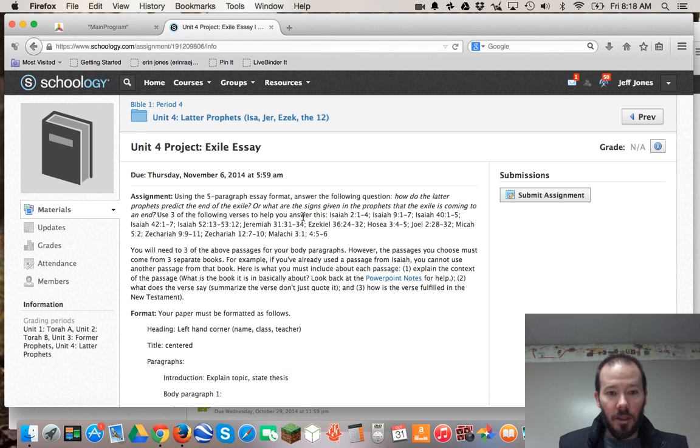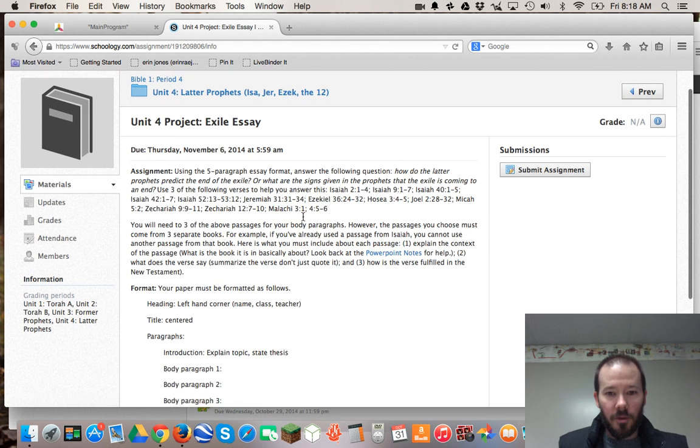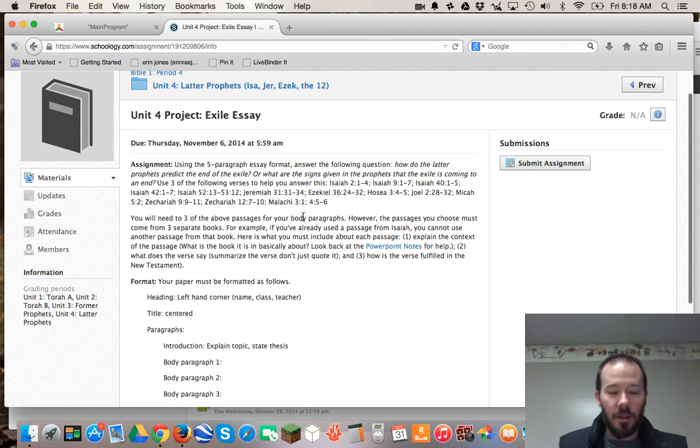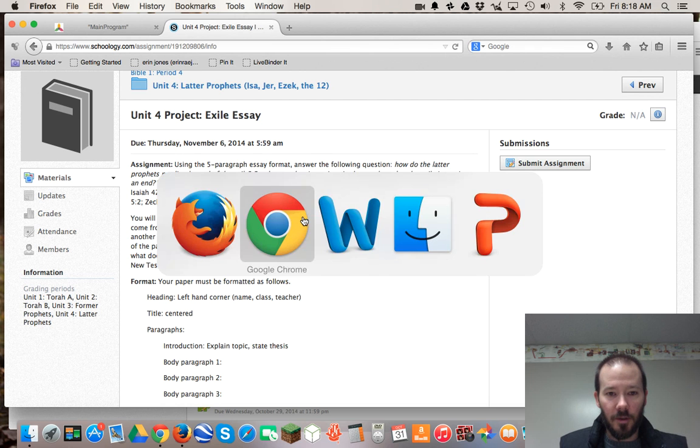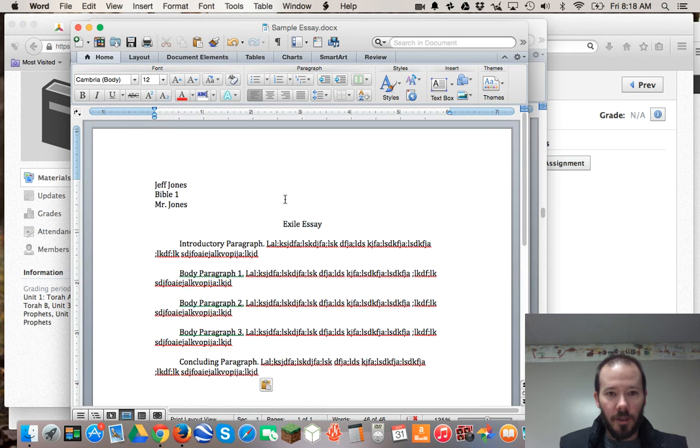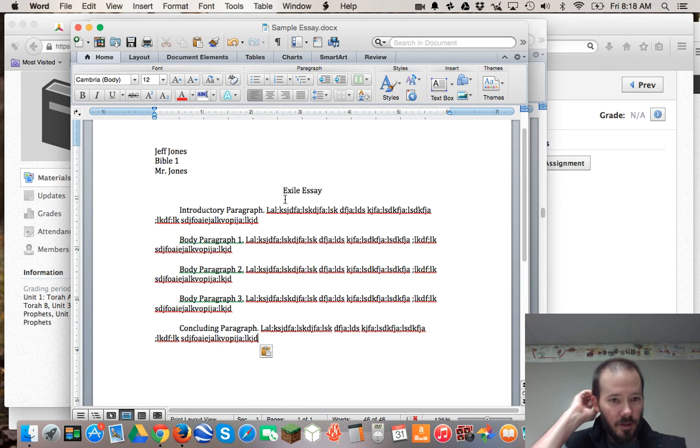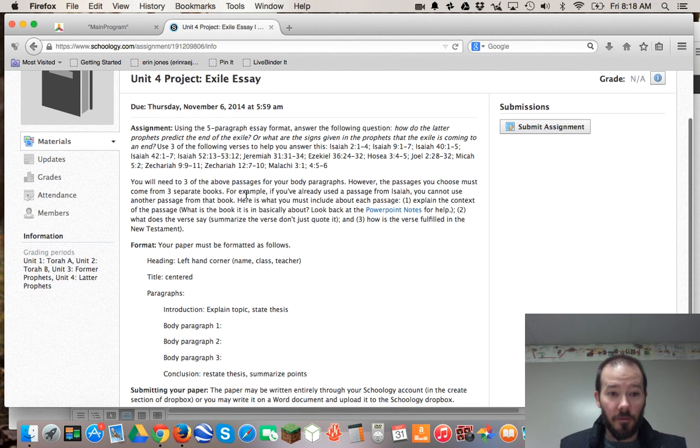But like I said here, your paper is going to follow the 5-paragraph essay format. And so what I've done here is I've made a sample essay of what yours is supposed to look like. So I put in the instructions how the format is supposed to go. You must have a heading in the left-hand corner with your name, the name of this class, and the teacher.